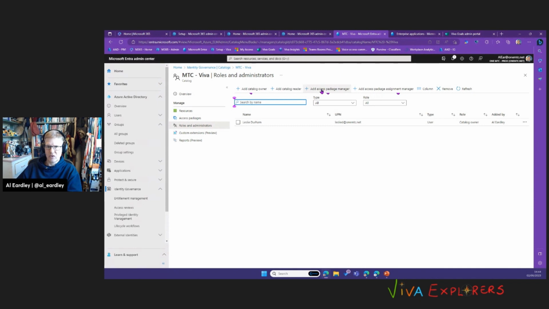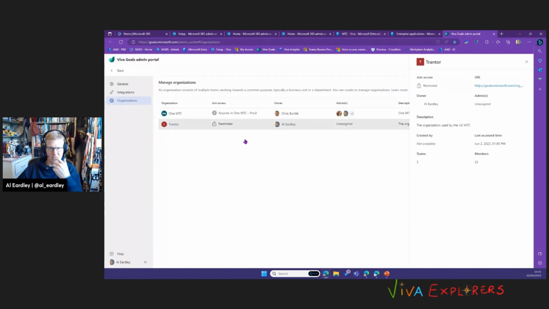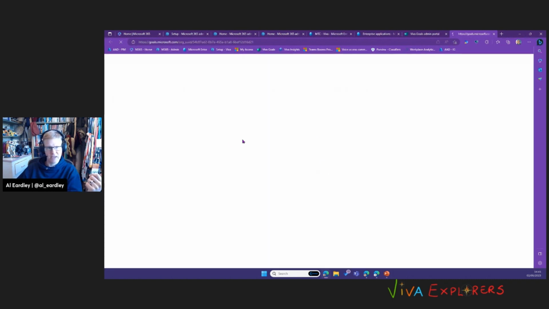So this is where we would look at how do we get this out to the business and not have IT as a bottleneck for actually approving all of these. So there's a bunch of different things that I've shown you in there around those access packages. And when we think that they can give access to roles, this is where also if we come into Viva Goals, for example, sorry, in that one,